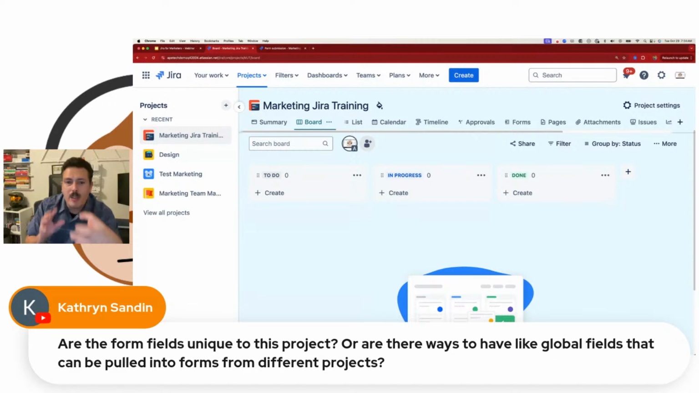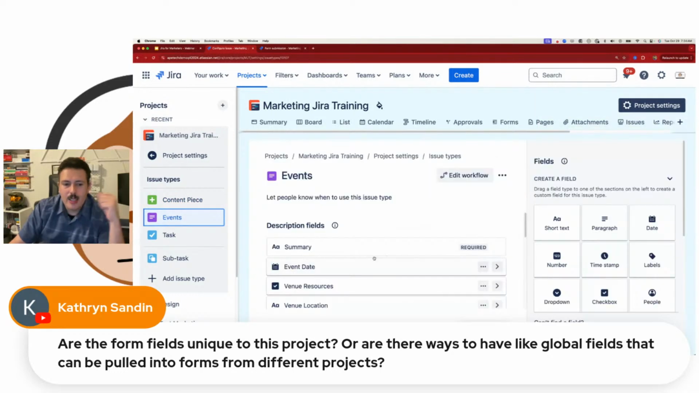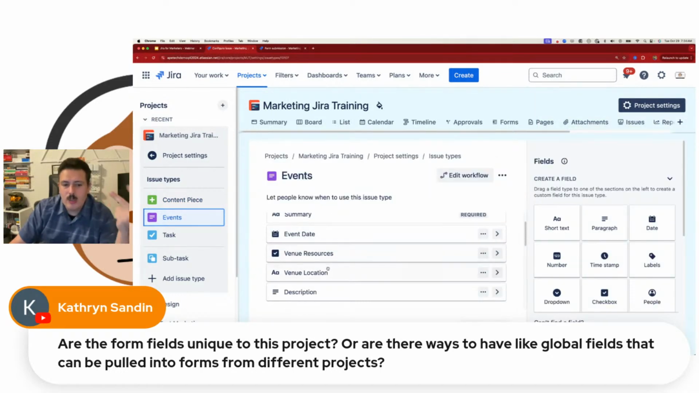All the fields that we're creating right now, like that events venue, let me pull it up so you can see it over here: event date, venue resources, venue location. If you have another project for a different marketing team and they want those same ones, unfortunately, you have to recreate these settings. This is why